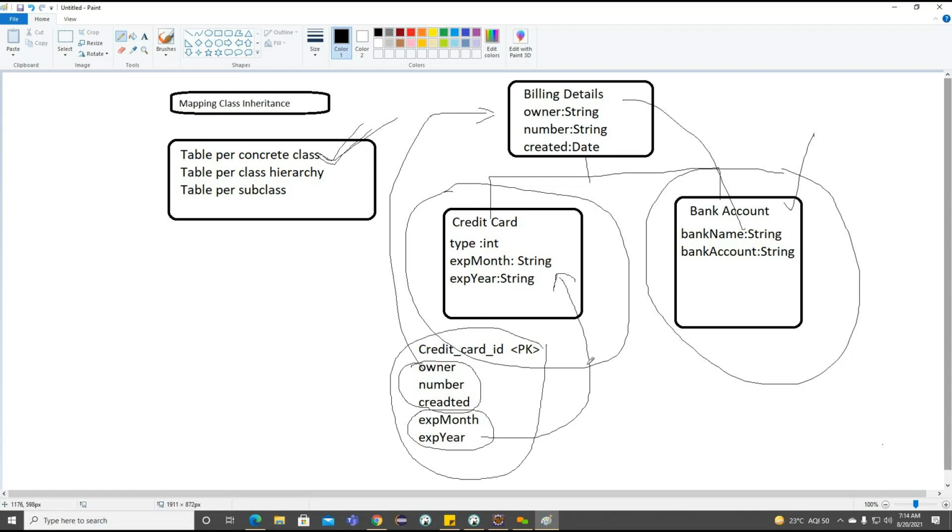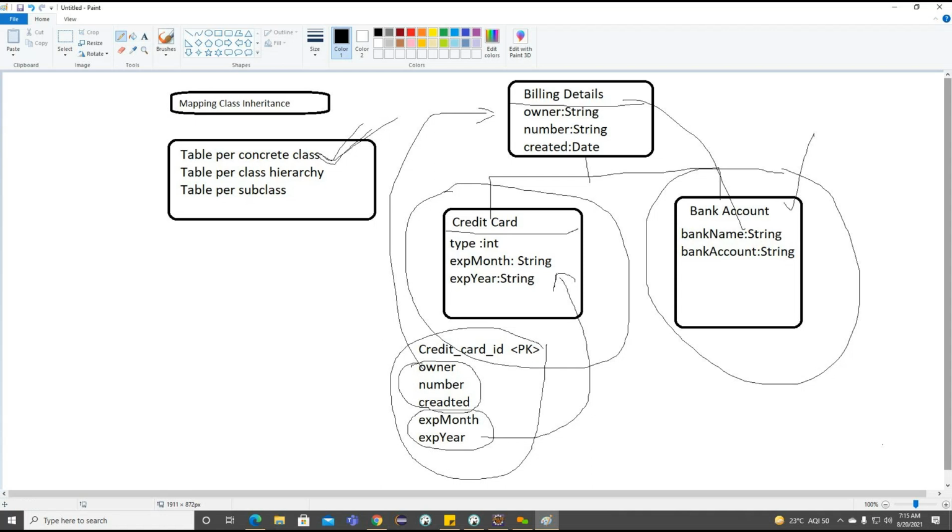These many columns we are going to create here. So these are indicating the columns in which table we are going to create? The table we are going to create is credit card here, not the billing details. Getting the point, not the billing details. So this is very important.